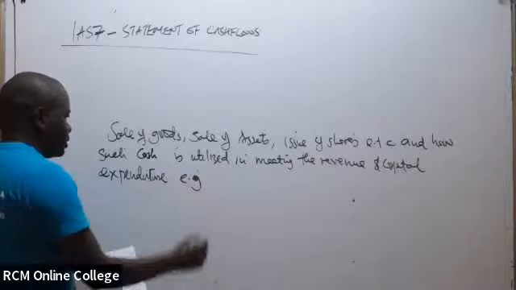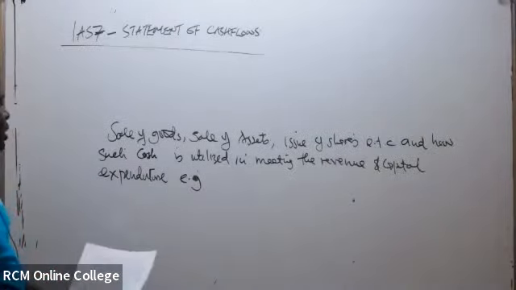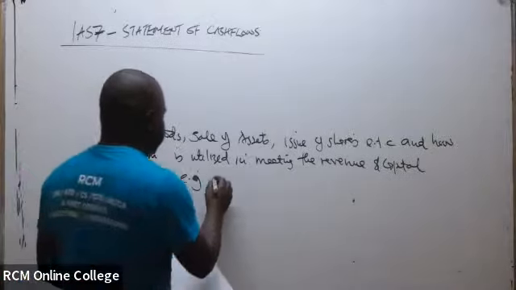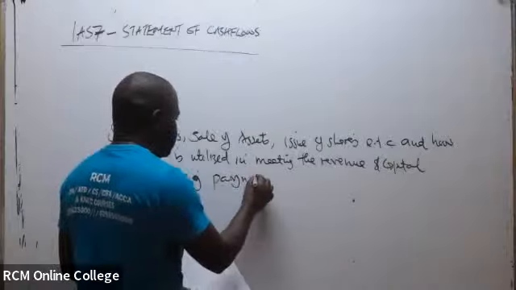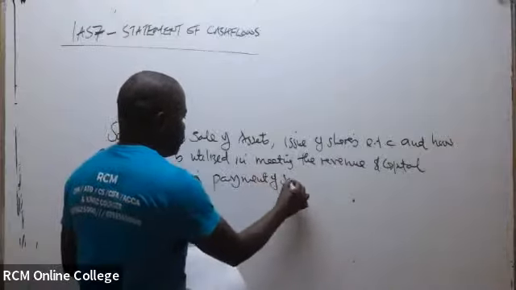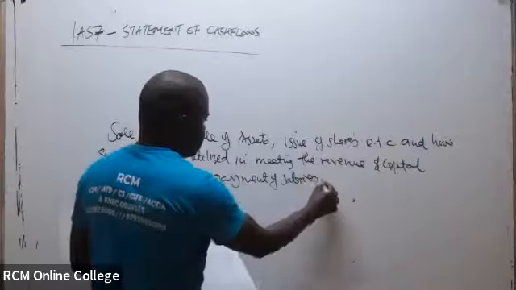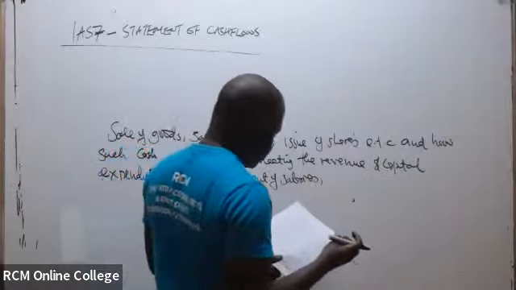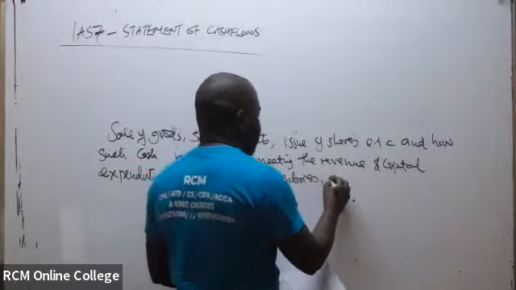Some of the revenue and capital expenditure here can include, for example, payment of salaries, acquisition of assets,